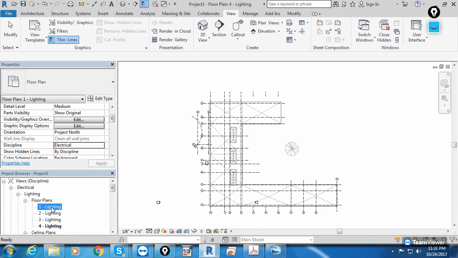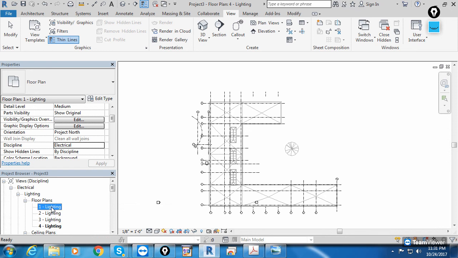And remember, if you copy the views, it does not mean that it's not linked with the project, it's linked with the project. If you create 100 duplicate copies of level one, suppose level one is available in electrical, in HVAC, in piping, etc. And if I open level one in the spaces, and if I switch on the lighting, and if I delete the lighting, the light will be deleted from the project.